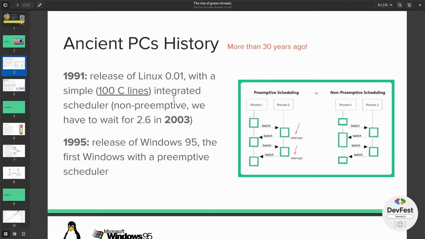1991, we have the first release of Linux, which had a non-preemptive scheduler, and that means that the application itself needed to do a system call or something that blocks its execution in order to pass the execution to another process. So there wasn't a fixed timer that terminated an application if it was lasting more than needed. To see that, we needed to wait for Windows 95 in 1995, which used a